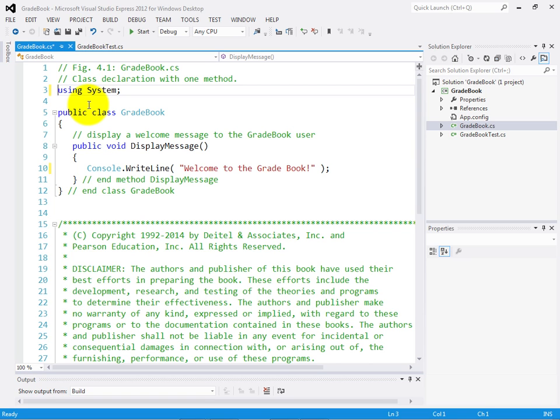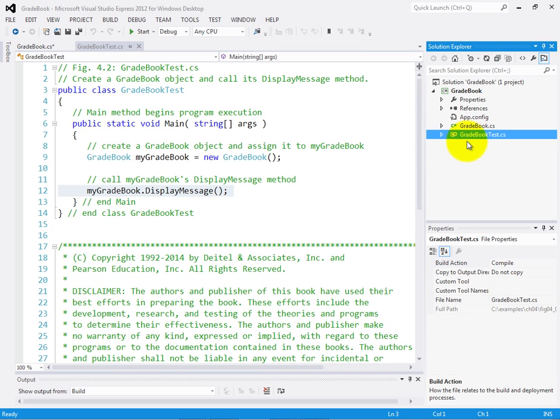Now, the class gradebook that you see on the screen here is not executable by itself. You have to have a main method in order to be able to run a program. So we've now described the initial functionality of a gradebook object by defining this class. The next step is to go ahead and create an object of that class and tell it to perform a task. And that's the purpose, again, of the gradebook